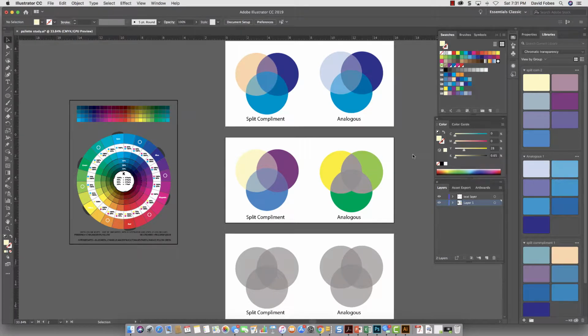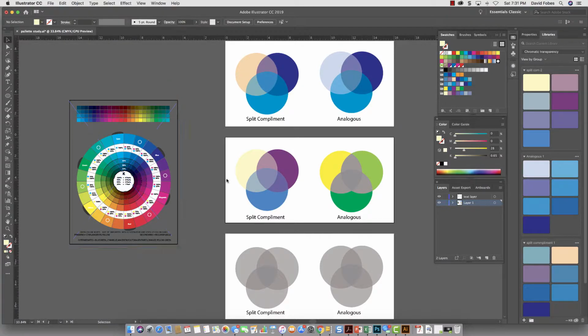Okay, Mr. Phobes here. As you can see, I've been playing around with these colors and blending them and making my palettes, and I'm going to show you how to do that. I've already started my second one, and what I did when I created this was a split complement of yellow and then violet and